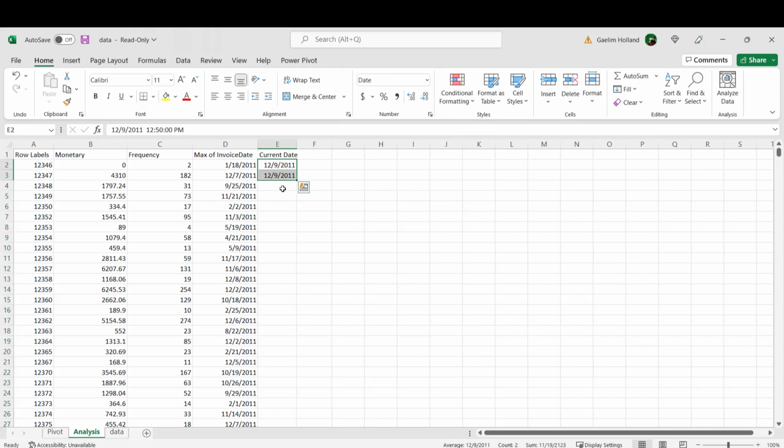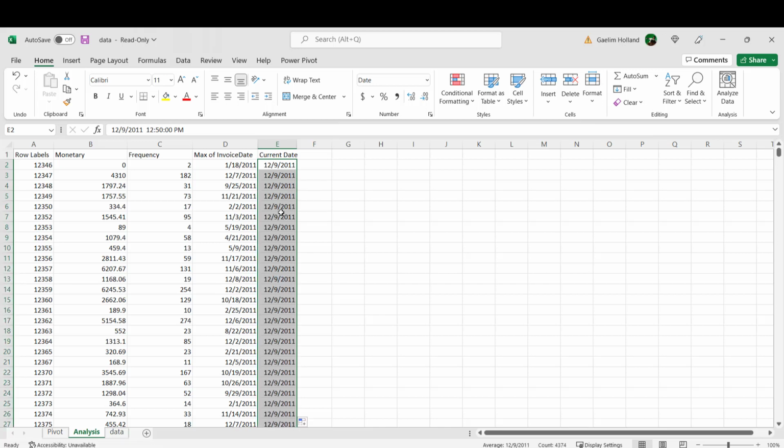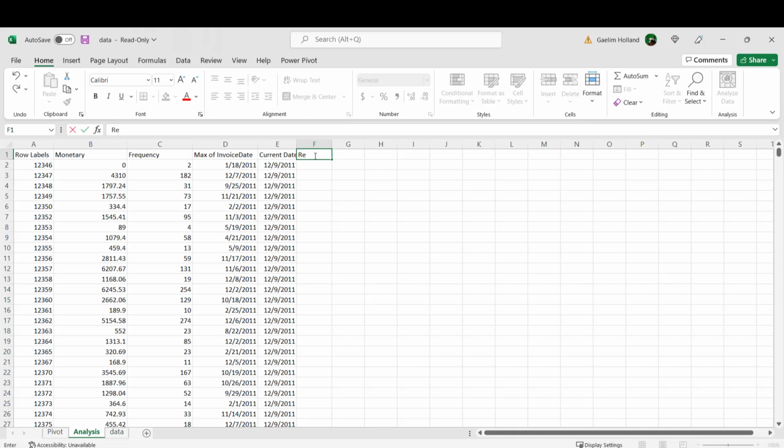And because I have two of the same values, when I highlight and I click this little plus sign, it's just going to produce the same date. Now we can see that we have two date columns. Now I'm going to show you a function that you may not be able to see very easily in the archive functions in Excel, and it's called DATEDIF. So now we can make our recency